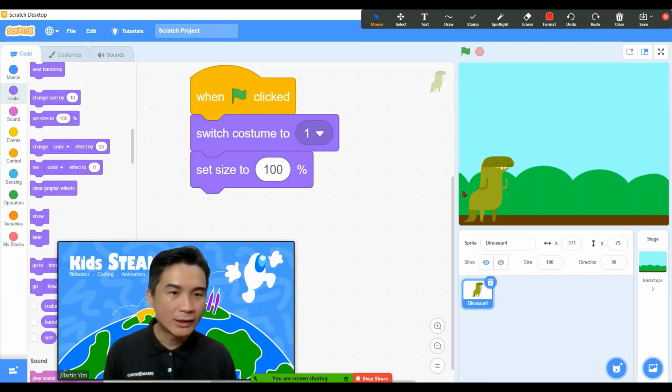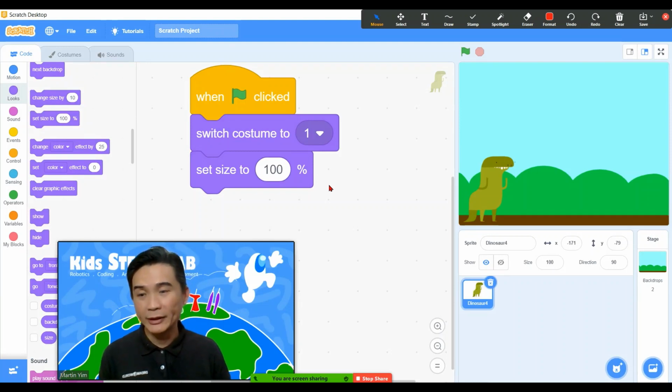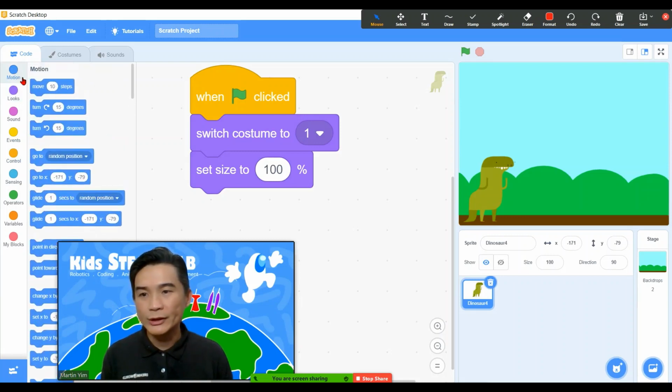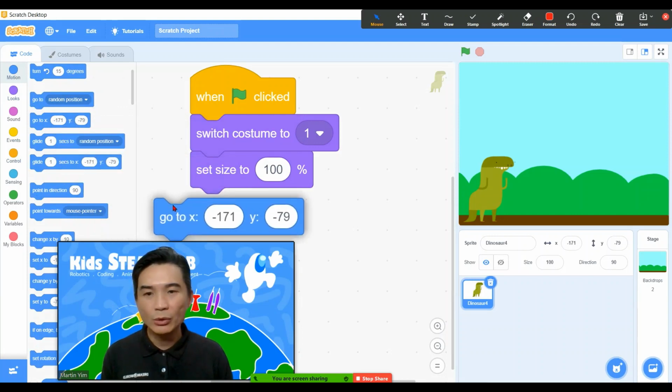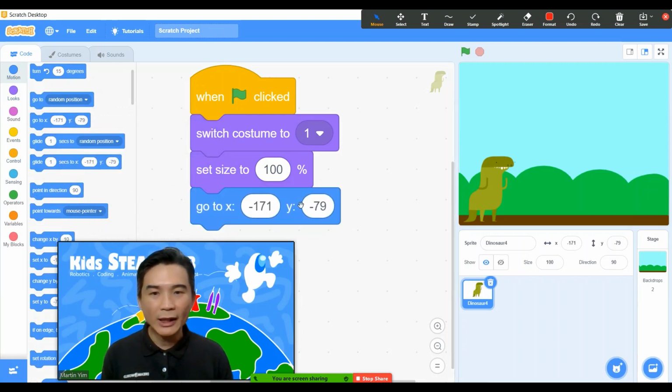I think this size is pretty nice. We don't need to change it to be smaller or bigger. Then the next thing that you need to do is we go to the motions. Under the motion, scroll down and pick up the go to XY. This is the location that your dinosaur is here. After that,